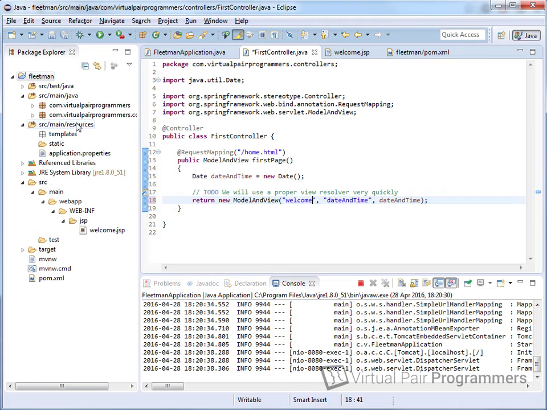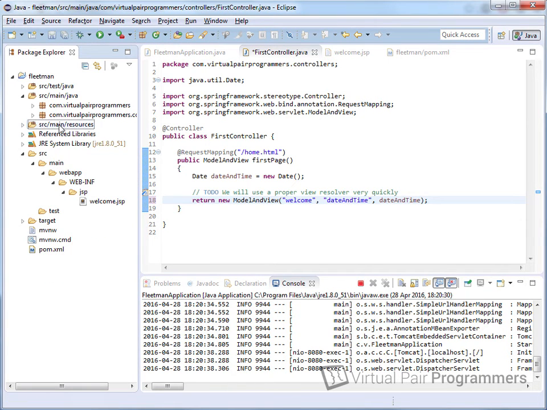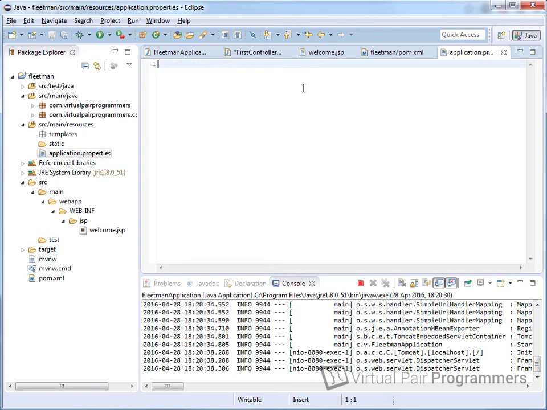We can simply go into the application.properties file, which we'll find under the resources directory. Now this is a regular Spring properties file. It's currently blank by default, but that internal view resolver will look up a prefix and a suffix as long as it's referenced by